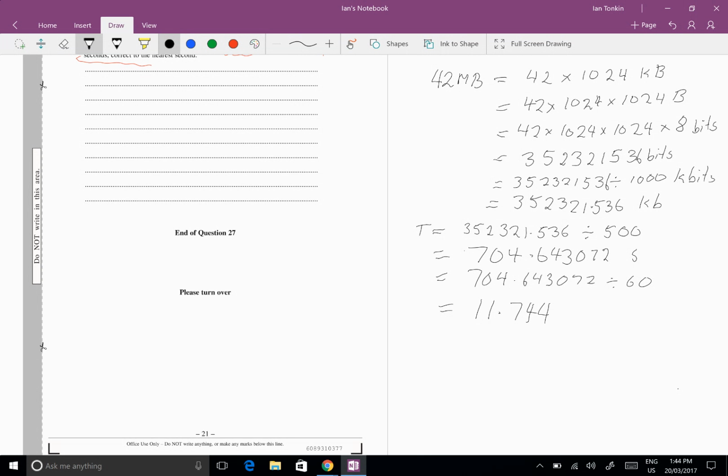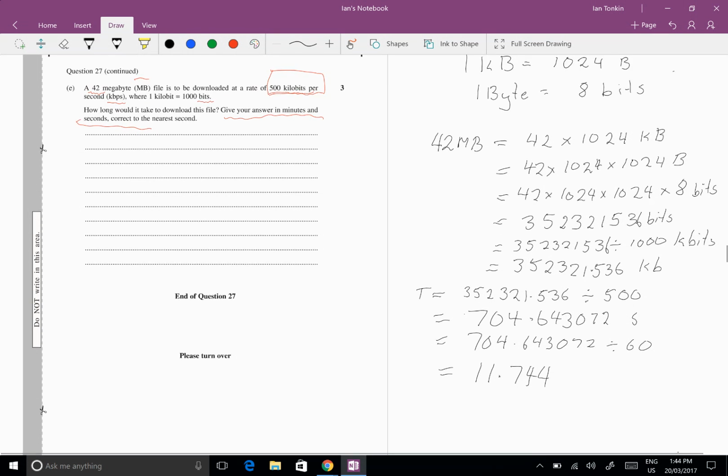And you'd be tempted, right? That's 11 minutes and 74 seconds, but you know it's not true. And you have your magic button on your calculator that changes it. Remember your magic button that looks like this? You just press it and that will change it. There is another way to do it, but it's easier just to press that and you will get